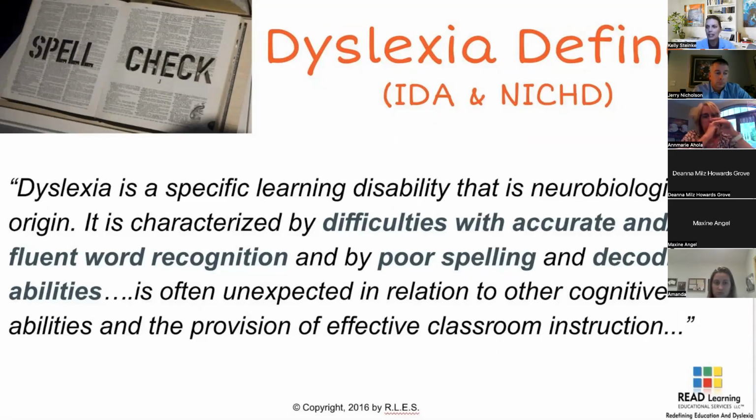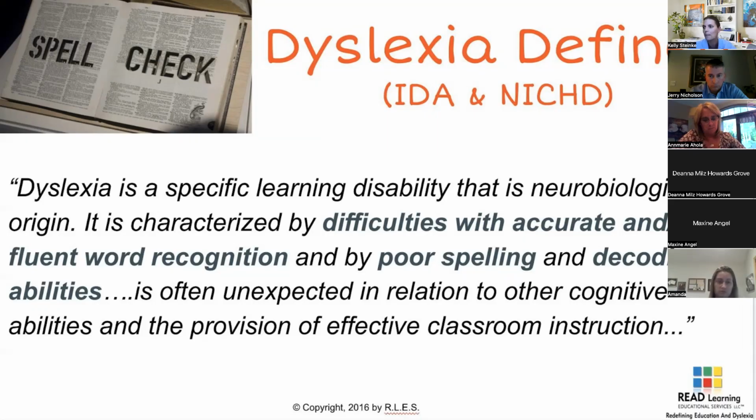This is the most commonly accepted definition of dyslexia. This one is adopted by the International Dyslexia Association, which is what IDA stands for. It's also adopted by the National Institute of Child Health Development. That's what NICHD stands for. There are other definitions of dyslexia. When you look at the DSM, the Diagnostic Statistical Manual, and you start comparing definitions, this is the most